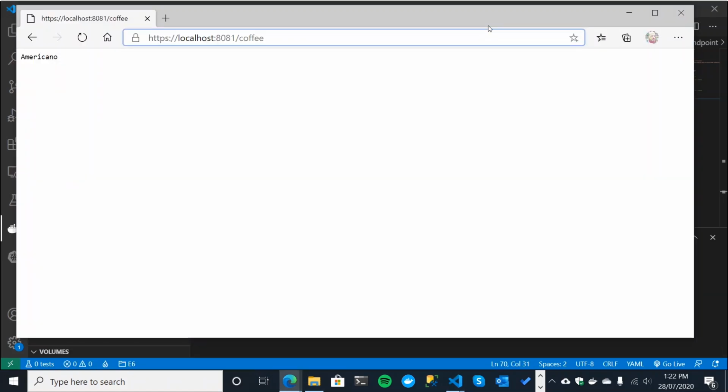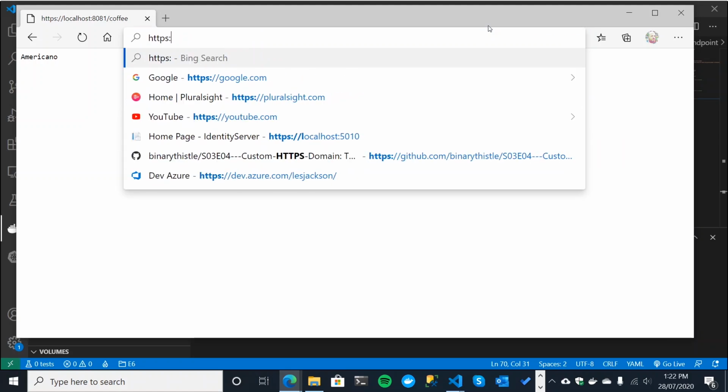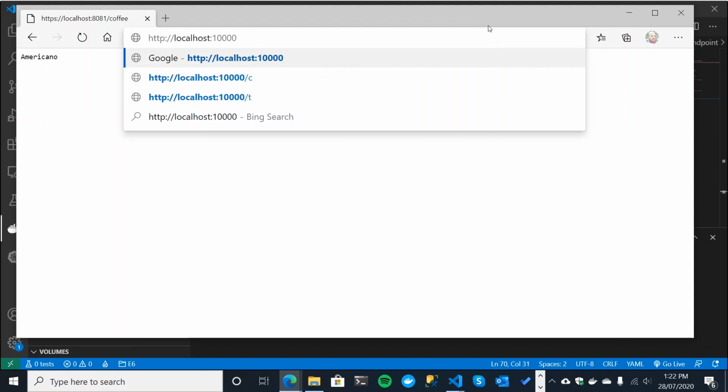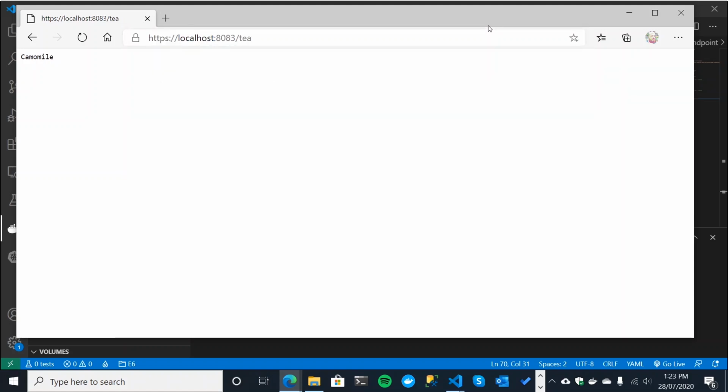So let's go, we have to change this a little bit. Let's go back to HTTP, because we're going on that at the moment. Localhost 10,000, and let's try /t. And there we go. We're getting routed through to our T API, and it's doing the same thing. It's redirecting us to HTTPS. Now, because our Envoy gateway isn't dealing with HTTPS at the moment, we just get a plain reroute, which is okay.